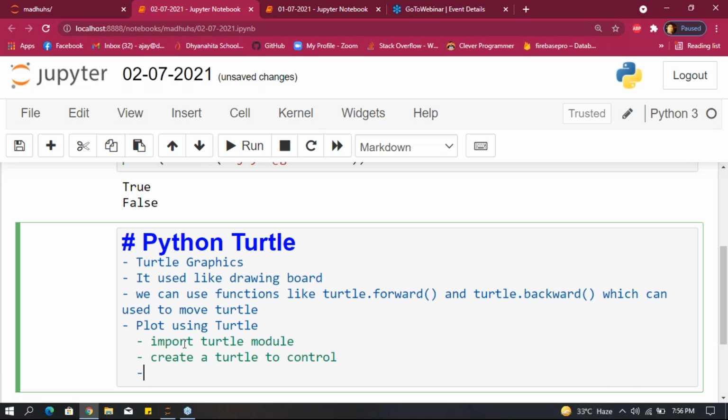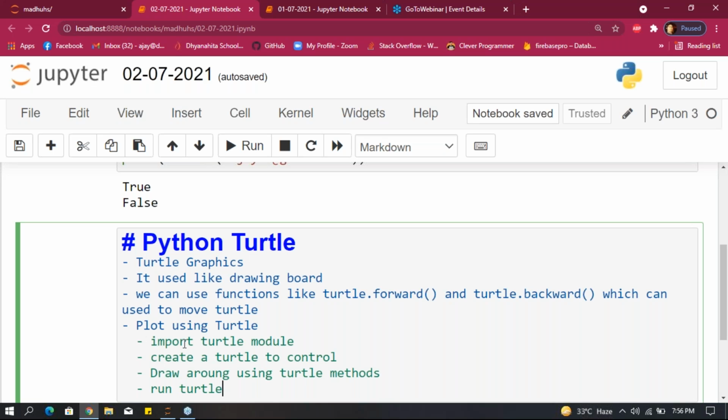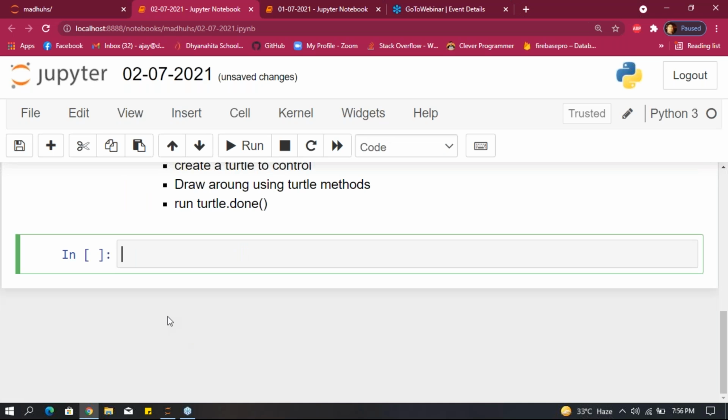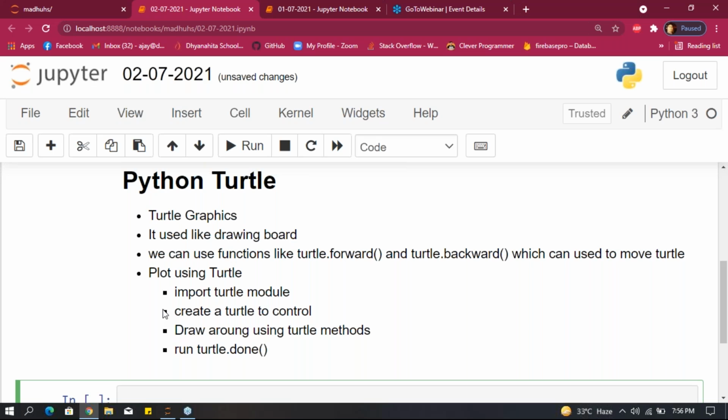After that, we draw using the turtle module; we call these turtle functions or turtle methods. The last step is to run turtle.done. Normally it is used for graphics, guys. Turtle is for graphics.